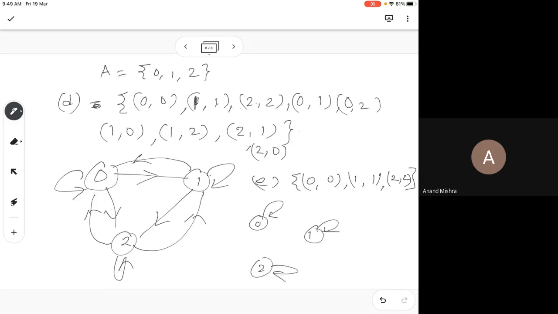Symmetry only needs to be checked when there is A to B. Then we need to check that B to A should be there. But if there is no A to B, we don't have to check, and we trivially say that it's symmetric. The third one is transitive. Since there is no 0 to 1, 1 to 2, again, we do not have to check, since the right hand side of the implication is already false, we do not really have to check the left hand side, and therefore this is also trivially true. So this is also an equivalence.